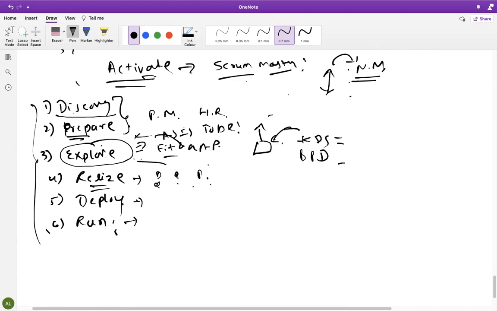Then auditing will happen. Auditing again, some other company will come. Let's say we are implementing with IBM, then Deloitte or some other authorized auditing companies will come. They will audit whether we have implemented using the ASAP Activate methodology correctly or not, whether we have followed the SAP standards or not. All these things they will check. If anything is missing, they will give a fine, and then it will be a fine for our project team again. Once auditing is done, then it will go live.